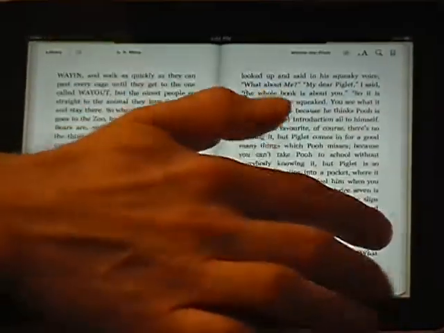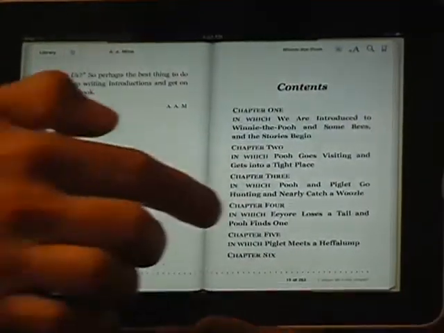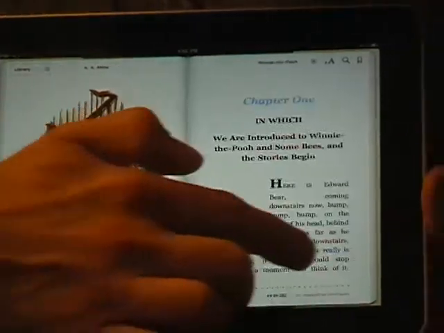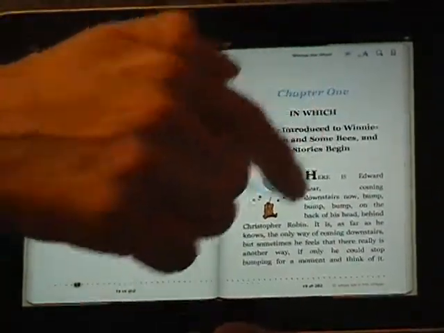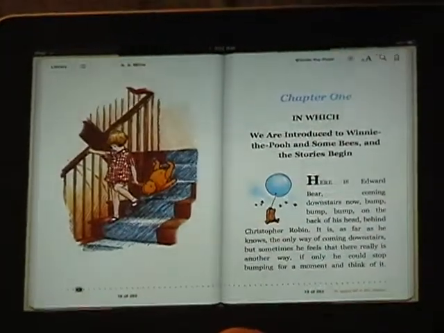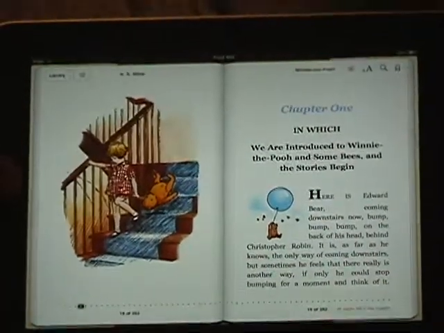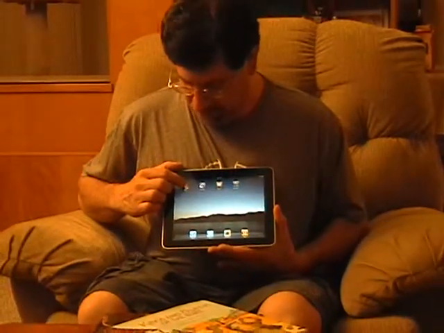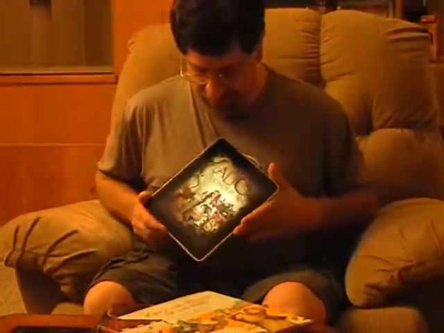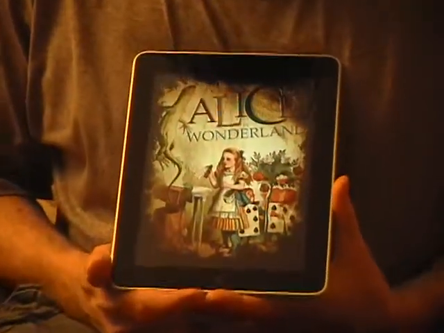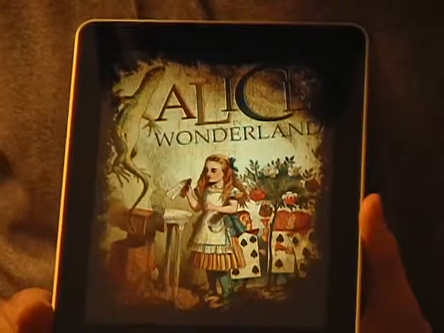And as you can see, reading the book on the iPad is fairly like reading a regular book. You have your illustrations and things like that. We could go into more detail, but I want to show you another type of book that is out, and that is an app that combines both characteristics of a book with characteristics of an app that the iPad can do. This is Alice in Wonderland,